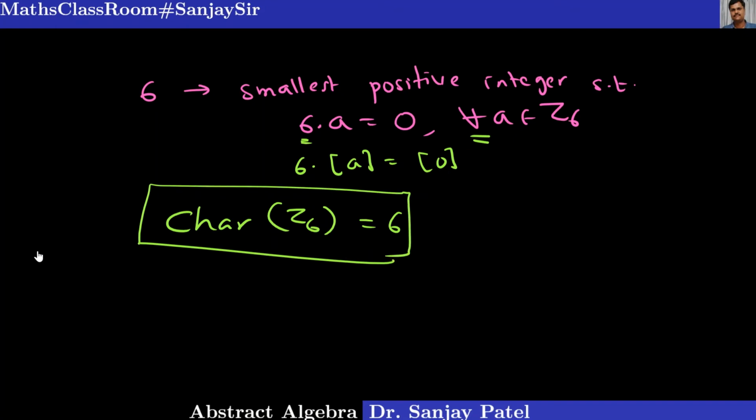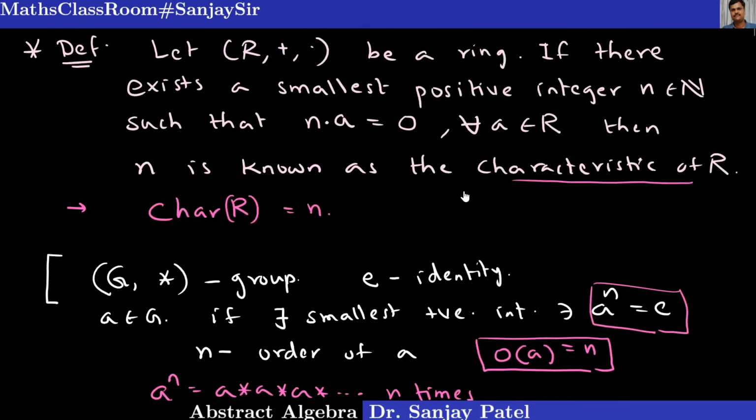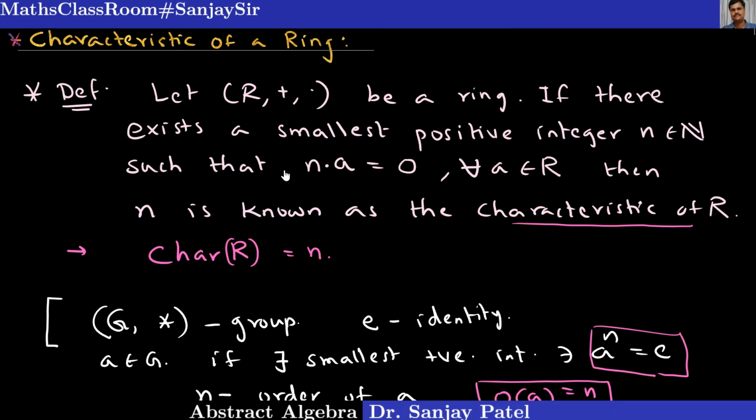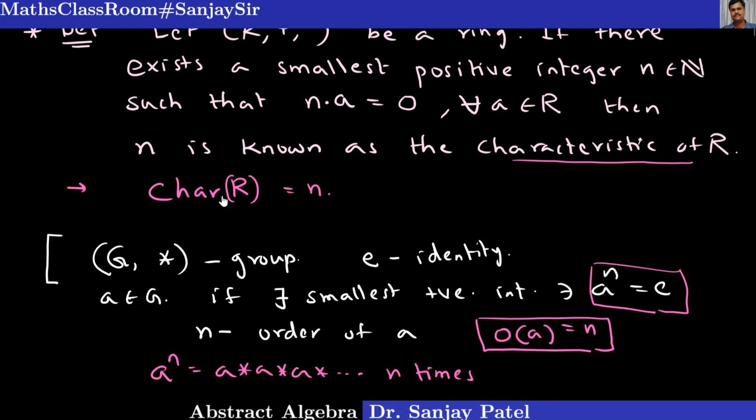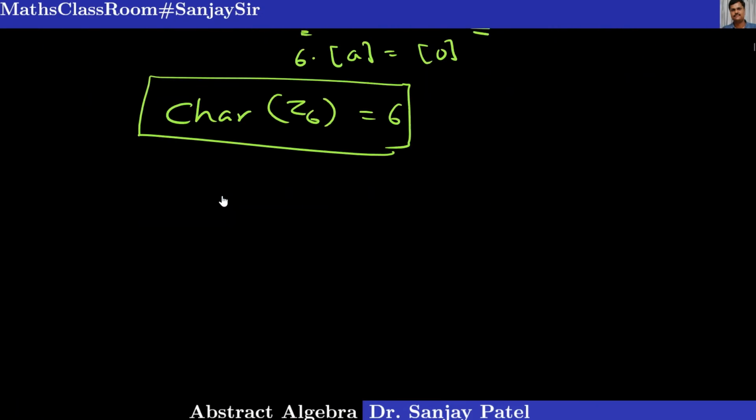Remember, in the definition we have written of characteristic that if there exists a smallest positive integer n such that n into a equals 0 for every a belongs to R, then n is called the characteristic of the ring R. But if such a number n does not exist, then we say that the characteristic of the ring is infinite or 0. So let me mention that as an independent